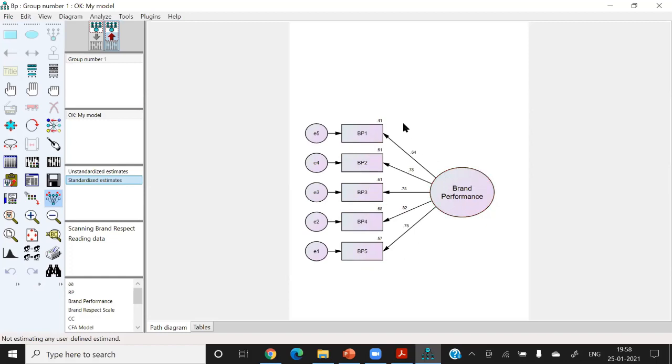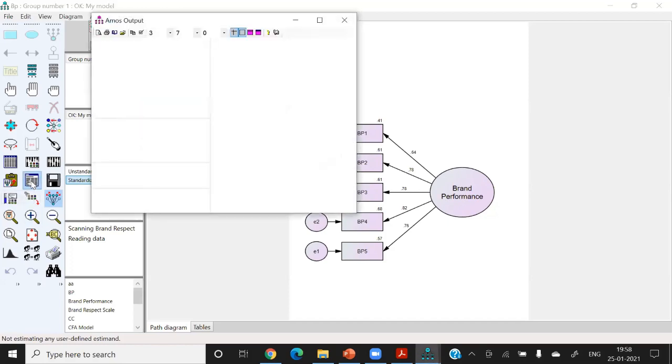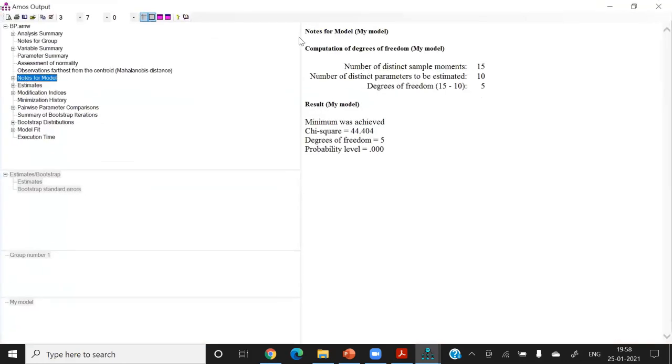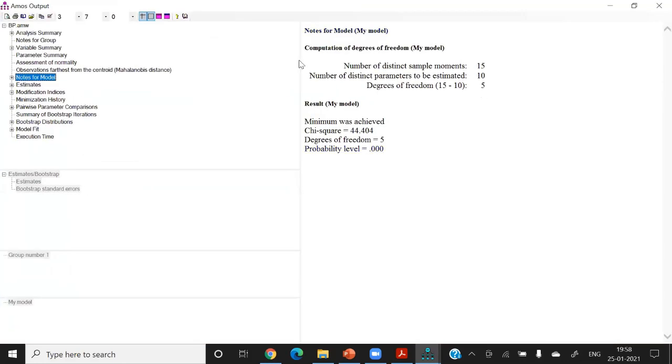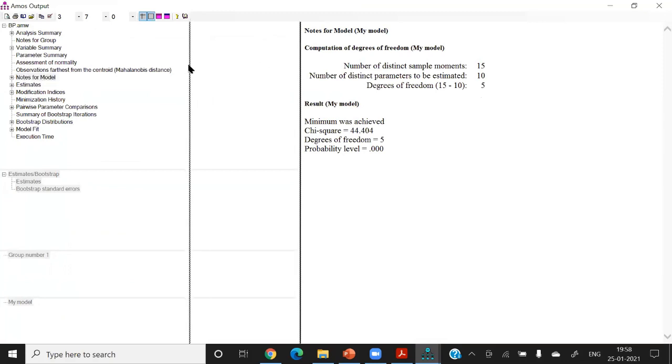And now I am showing you how to see the output in a table. So you can see an option. This option is known as B9 option, and this option is known as view text. So you can see here it is a view text. So when I click on the view text, the output will come here. Now I'm showing you the output carefully. Now you have to see very carefully.